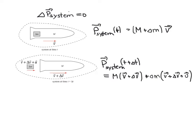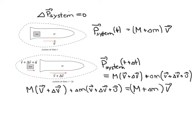of the rocket. And conservation of momentum requires that this momentum at time t plus delta t is exactly the same as the momentum at time t. So we can equate this thing with this thing and have a true statement. And notice on the right-hand side, there's a term of big M times V, but there's also such a term on the left-hand side. And similarly, there's a term of delta M times V here, but there's also a term of delta V times M here. So we can get rid of those terms just by subtracting them from both sides, and we're left with the